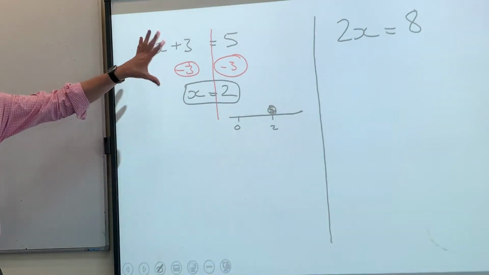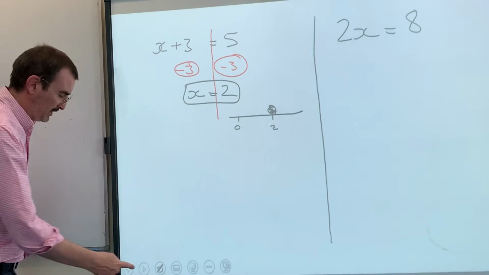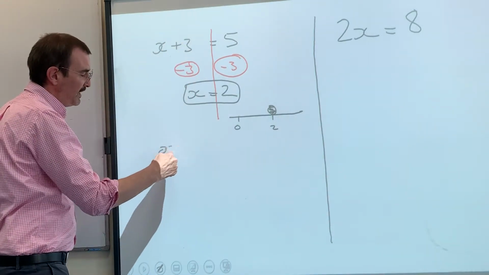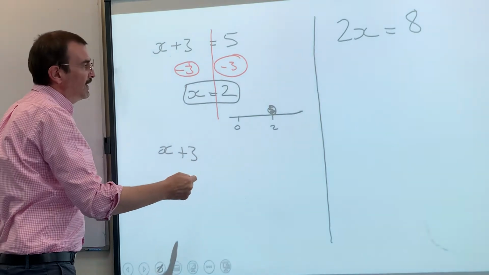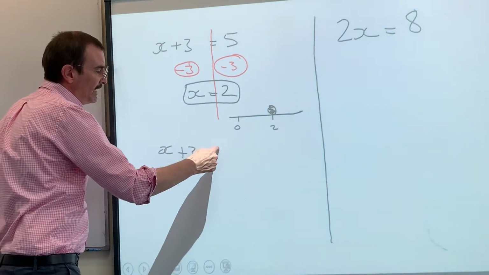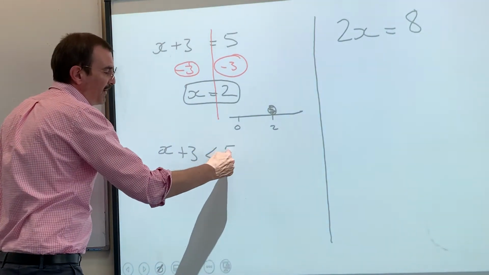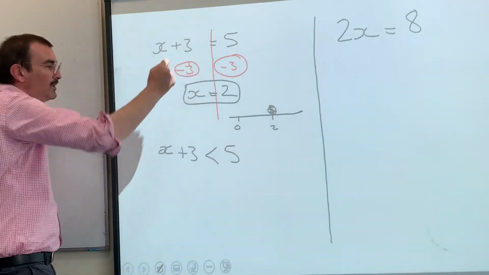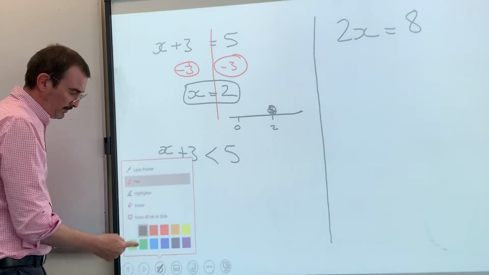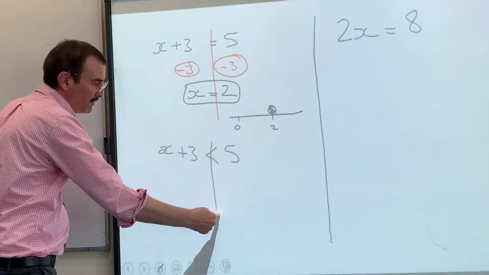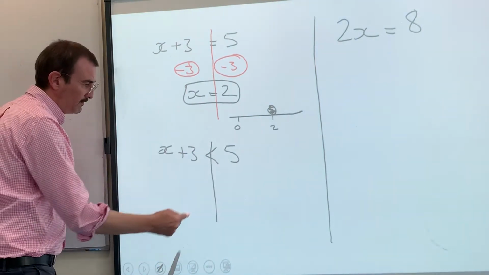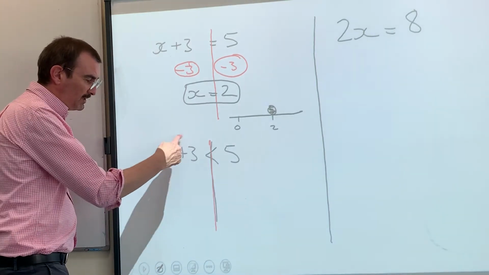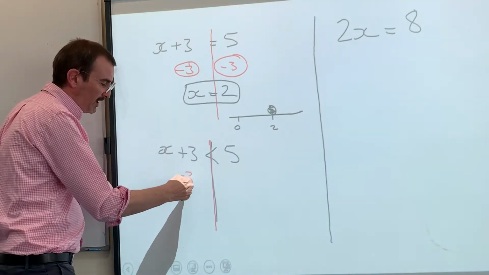So let's apply that knowledge to inequalities. So let's just change the inequality. So it's the same question. X plus 3 is, let's say, less than 5. Spot that the only real difference is that I've now included an inequality instead of an equal sign. I draw my river, use a different colour pen. Draw my river, do exactly the same. Instead of plus 3, it'll obviously be subtract 3,